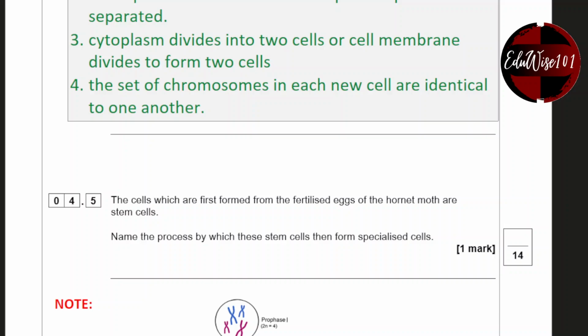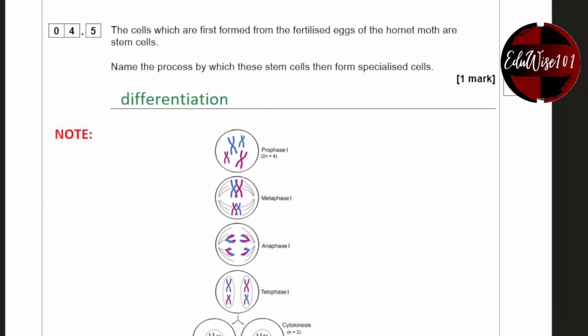4.5. The cells which are first formed from the fertilized eggs of the hornet moth are stem cells. Name the process by which stem cells then form specialized cells. This is through cell differentiation, or simply differentiation. So, looking at